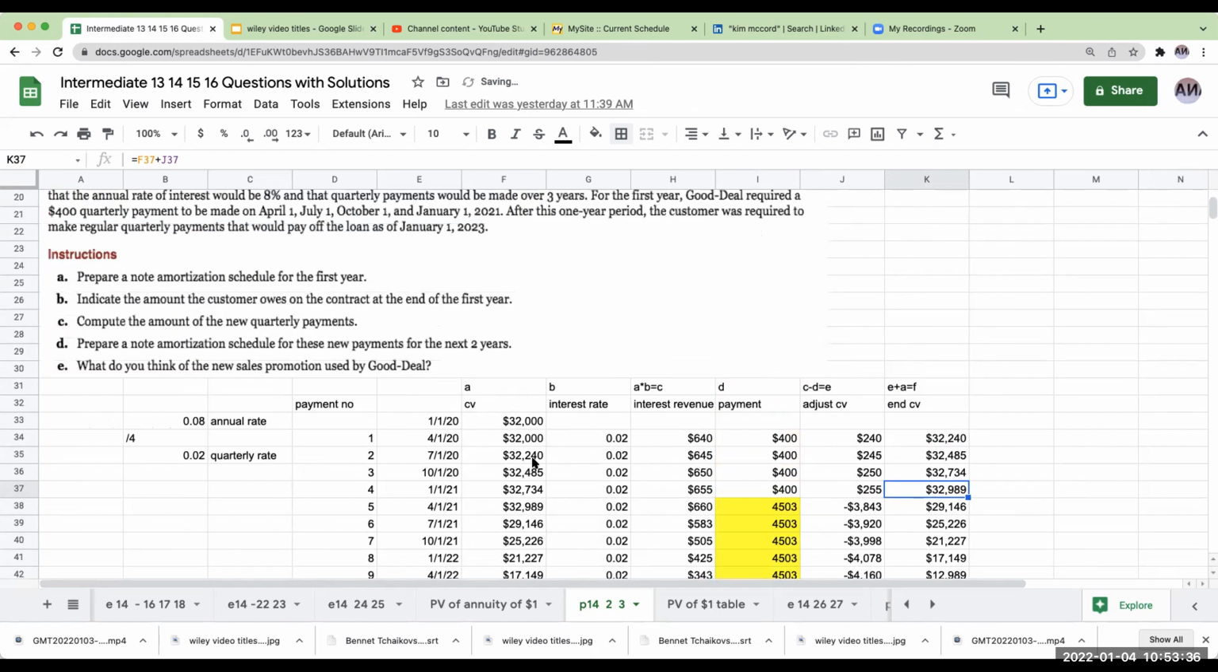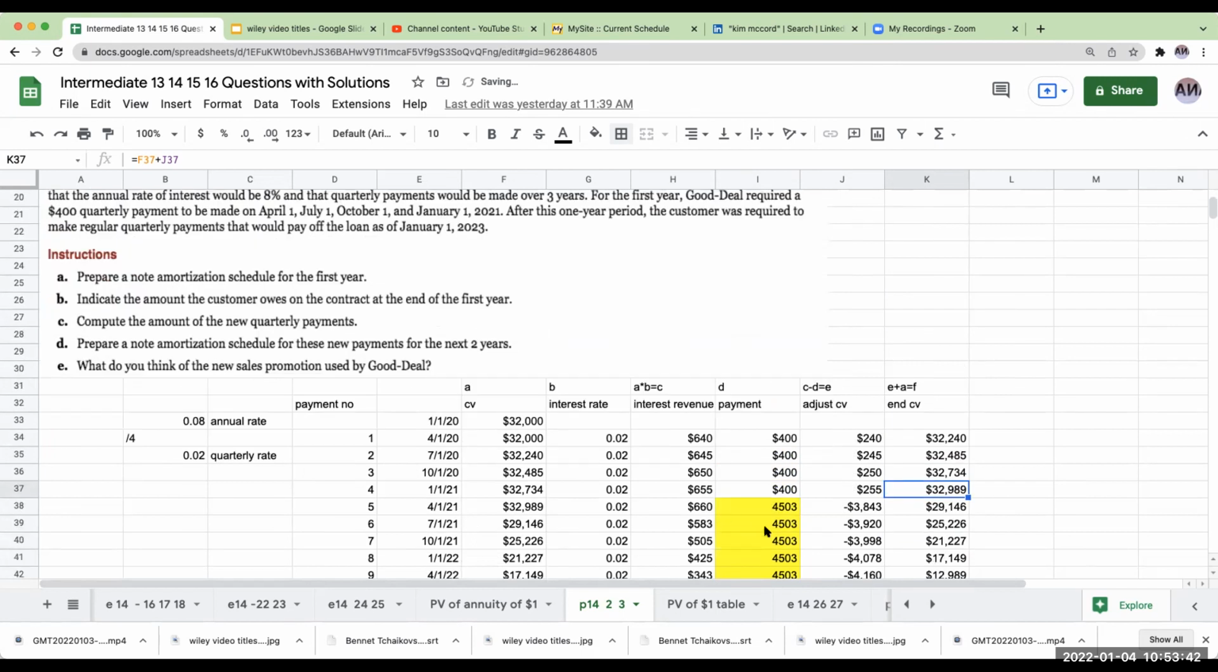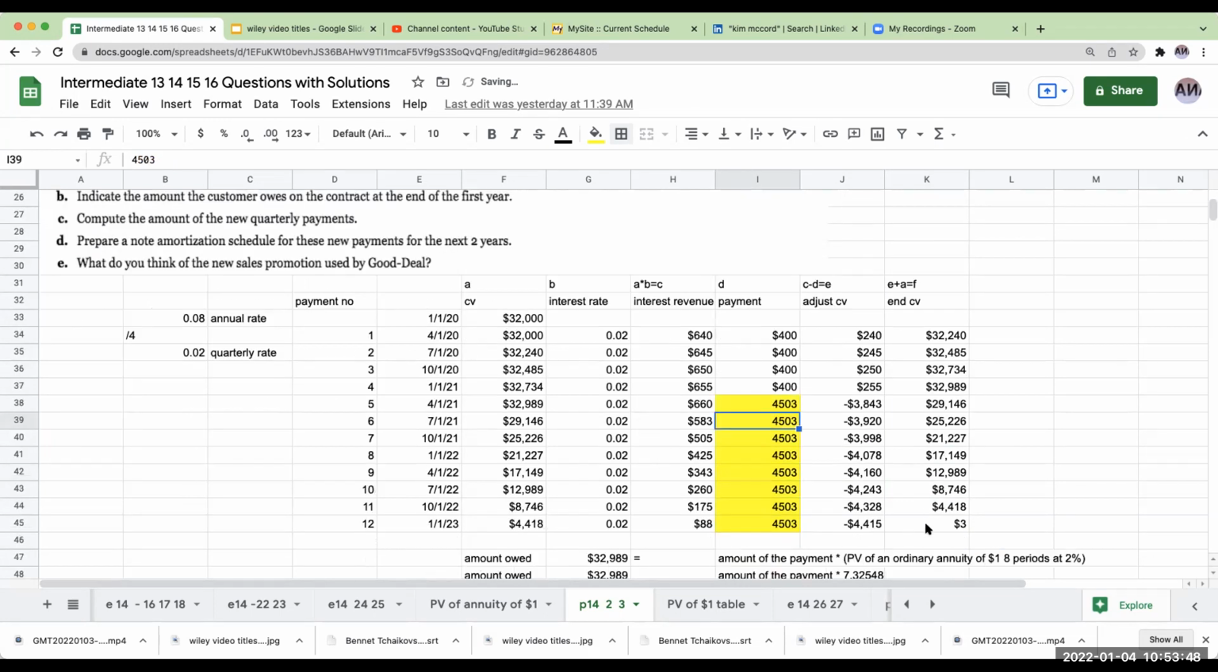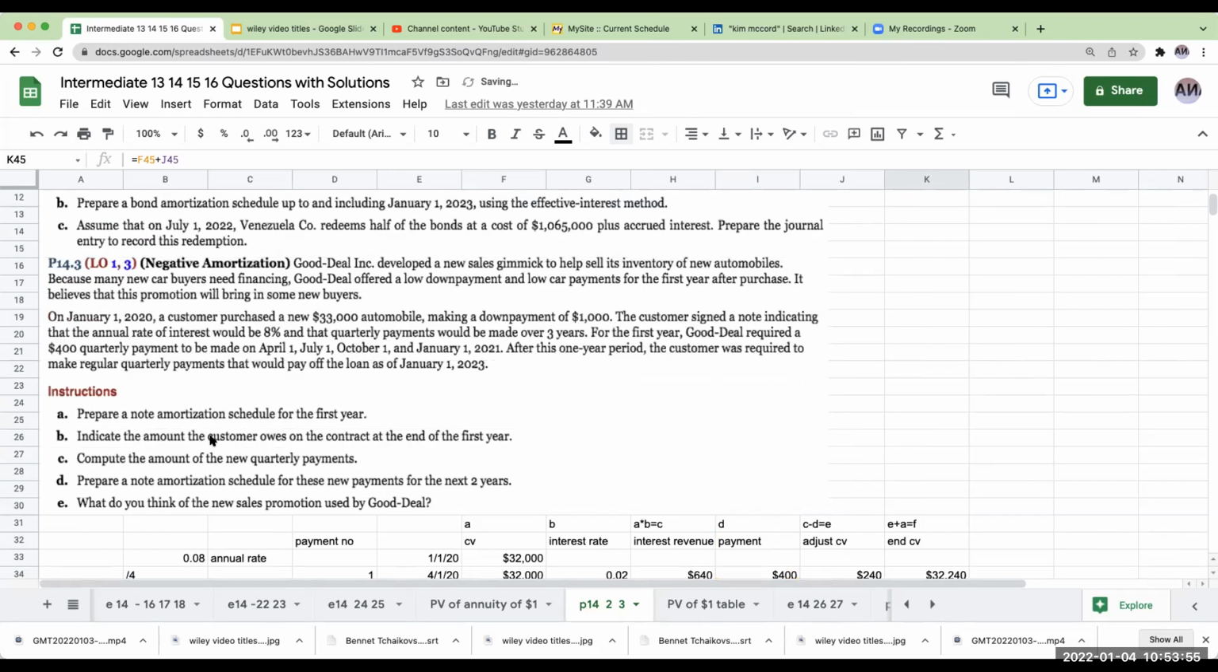So right over here, indicate the amount the customer owes at the end of the first contract year. Compute the amount of the new quarterly payments. Well, it's going to be 4503. Prepare a note amortization schedule for these new payments for the next 2 years. So we just did that. And then what do you think of this new sales promotion used by Good Deal? Well, the first issue you're going to have is that Good Deal Inc. would need to be